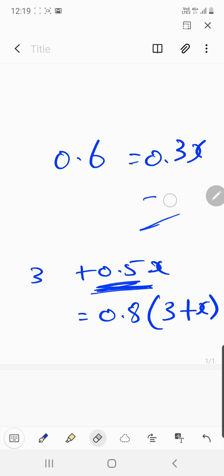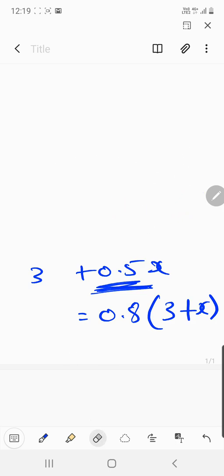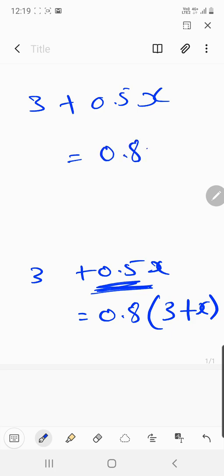Let me try to figure this out. So we have 3 liters here and a 50% solution of x. And how can an 80% solution happen from